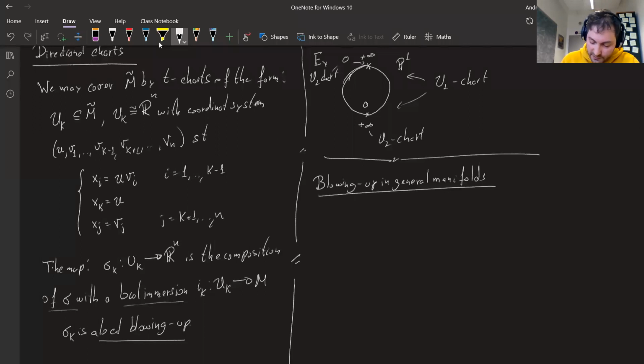So let's just start by saying that a C^q submanifold C of M is an embedded submanifold